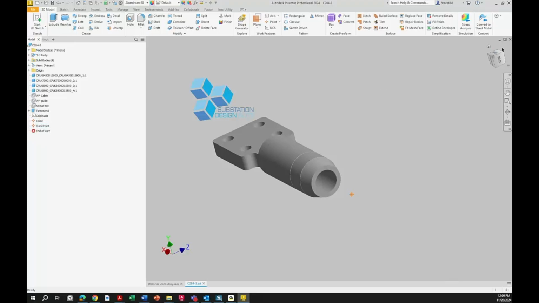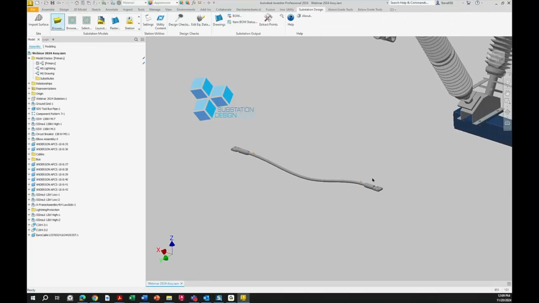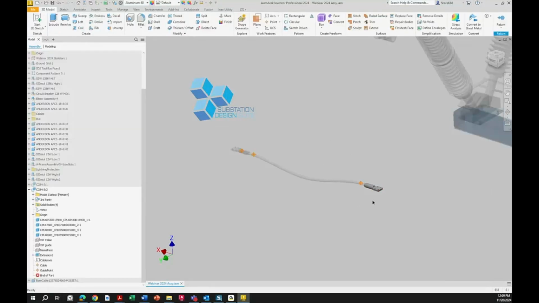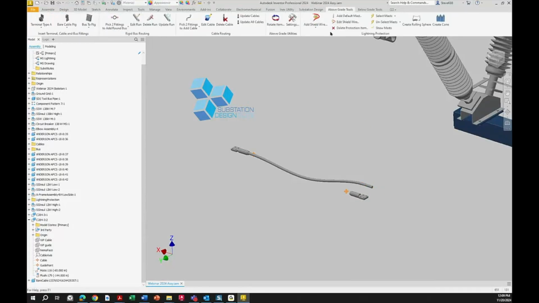I use the word destinate. That's not a common word. If I'm placing this cable and I move a fitting,